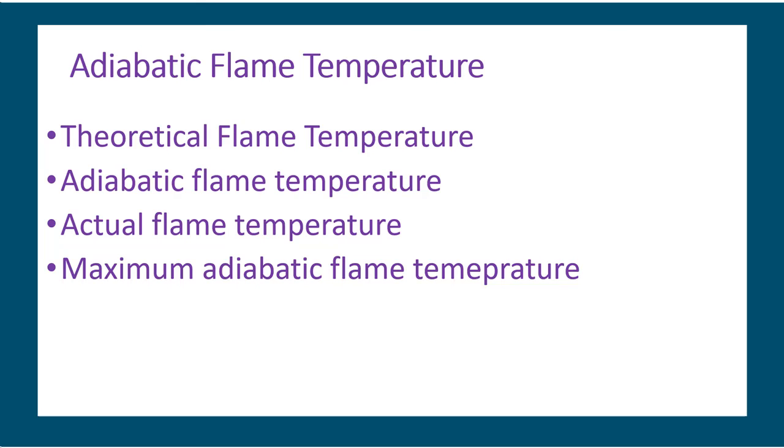So what happens when the adiabatic reaction is exothermic? The temperature of the product stream rises, because you are not removing heat from the system. What happens when the adiabatic reaction is endothermic? The temperature of the product will obviously decrease. So if you are not removing or adding heat to the system, then for an exothermic reaction the temperature will rise, and for an endothermic reaction the temperature of the product stream will decrease.